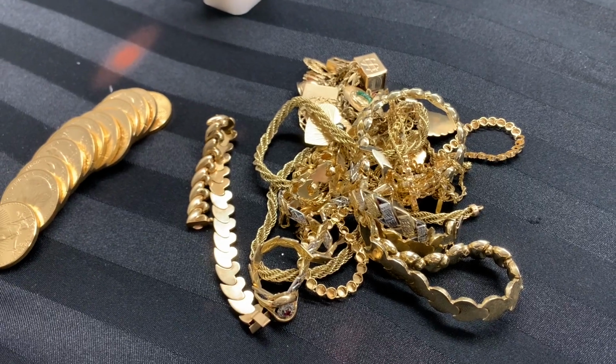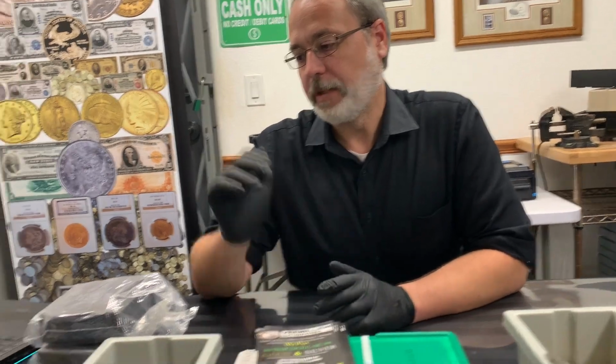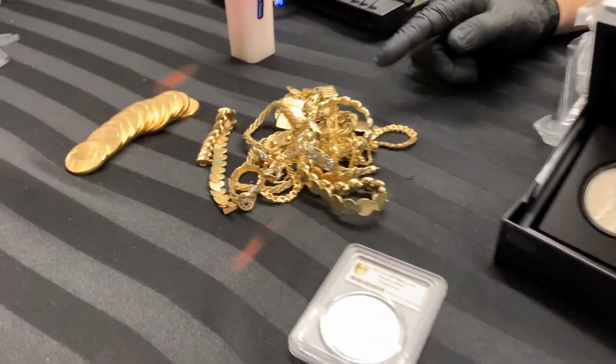And so what you'll see are advertisements like, you can buy this for zero premium. Like, we're selling this for 100% of melt. Okay, and this is like the best investment you can have in the way of purchasing gold. It's not. It's probably one of the worst actually, because when you go to sell these